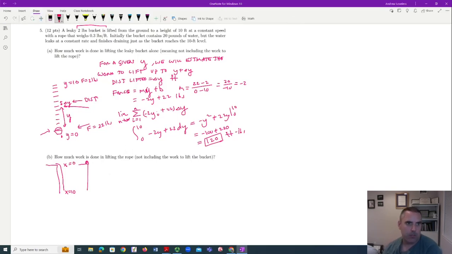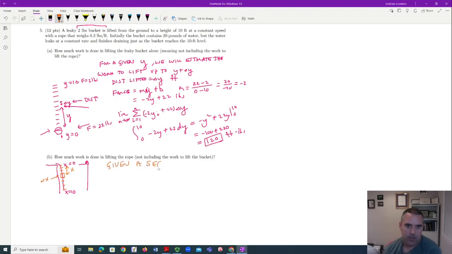And I'm going to start the same way. I'm going to break it up into a bunch of subdivisions. But now there's a different story. If you compare these two things, each subdivision was like a distance you lifted. In this case, every subdivision already contains some rope. And so we're going to say if you give me a particular x, and you give me a segment of the rope that has thickness delta x,